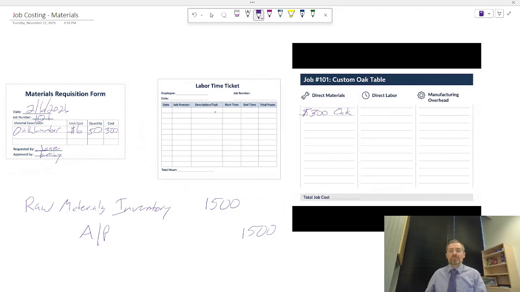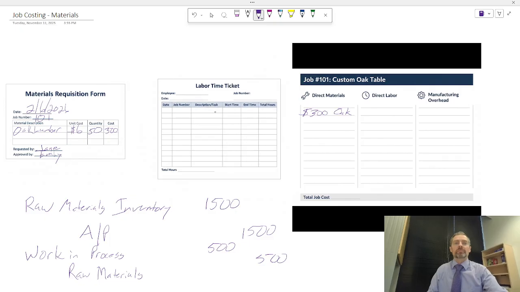And then they also make a formal journal entry to show that the materials have moved from the storeroom to the factory floor. So the cost is moving from one asset account to another. So we have another inventory account called work in process. So we are moving $500 of that from the raw materials inventory. All right, so